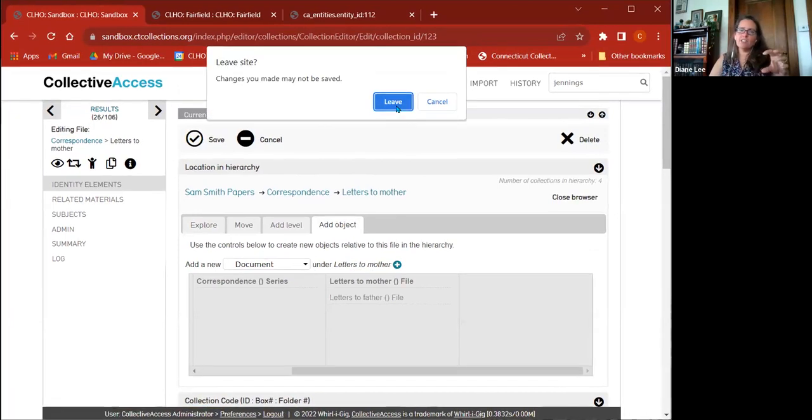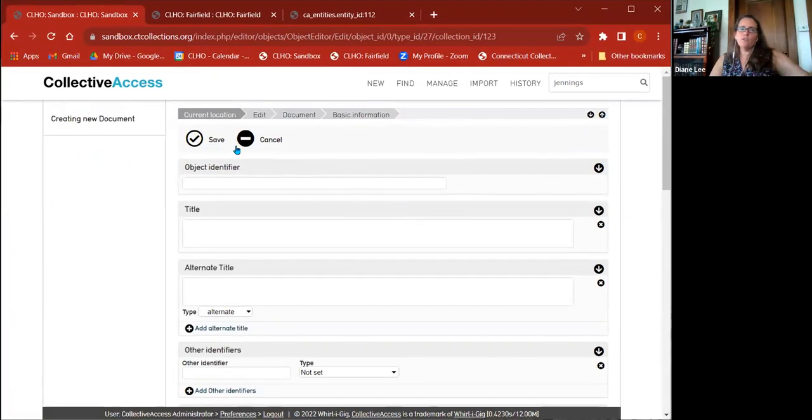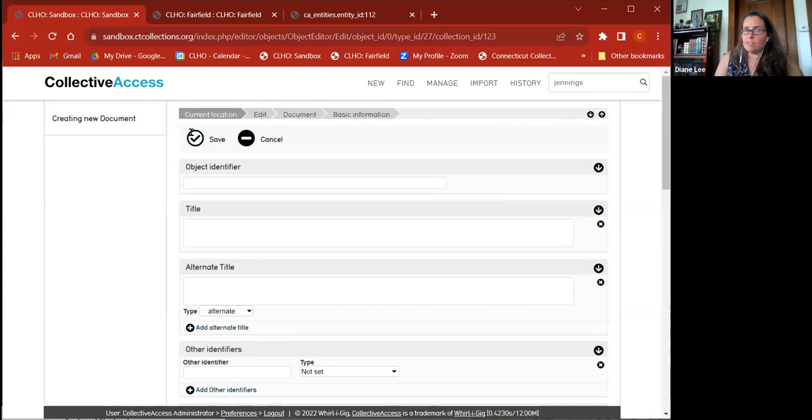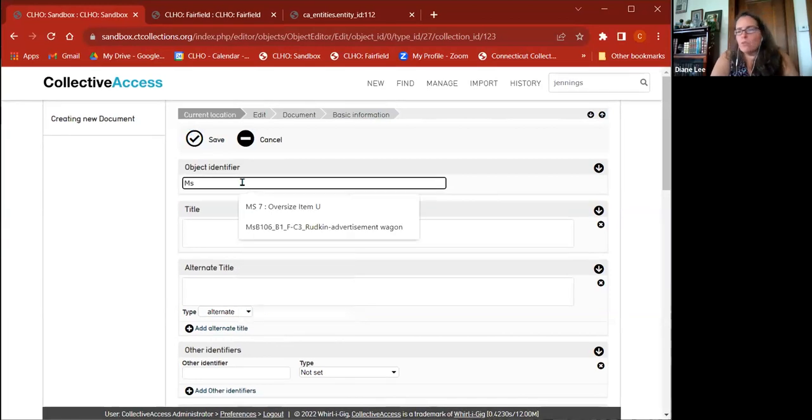And it'll actually ask you if you want to leave, because what it's doing is kicking you over to creating a new document object. So because we're in MS 989, we're not putting it in as an individual thing, but we're going to put